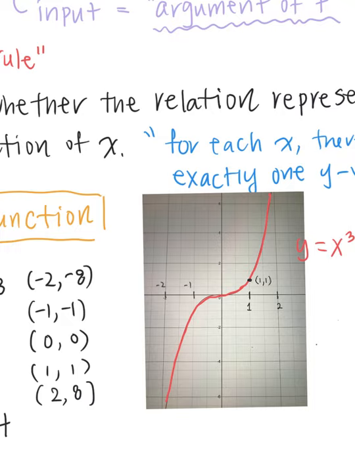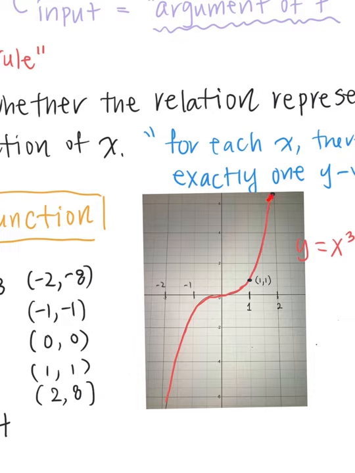And then when X is 2, your Y value is at the very tip of the graph in this case. So when X is 2, there's exactly one Y value,